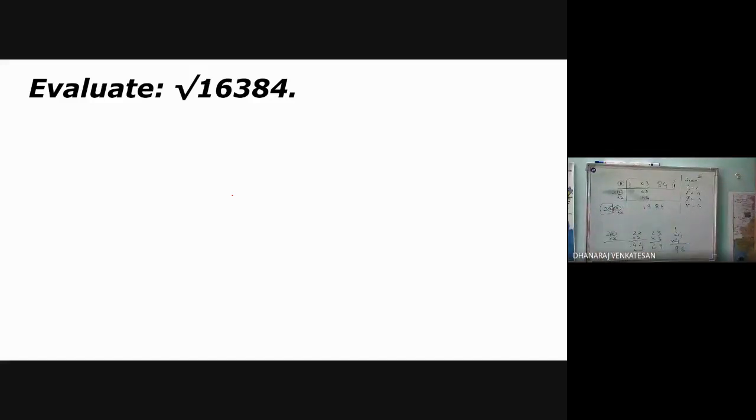This is step 4. We have to continue this step till you get a quotient 1. Now it is 24. You have to find x such that when you multiply with x, the answer will be less than or equal to the given dividend value. I forgot to write the quotient here, 2. This 2 I am writing here. Now we will go with this process.